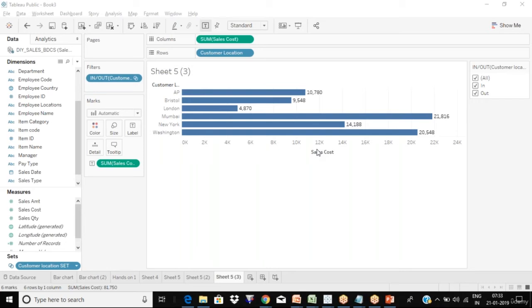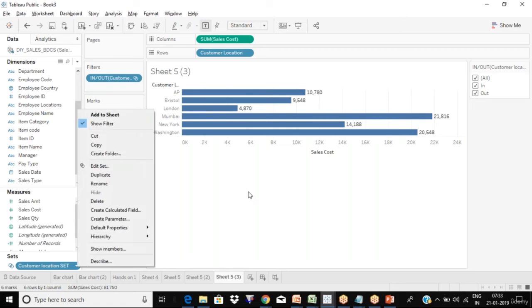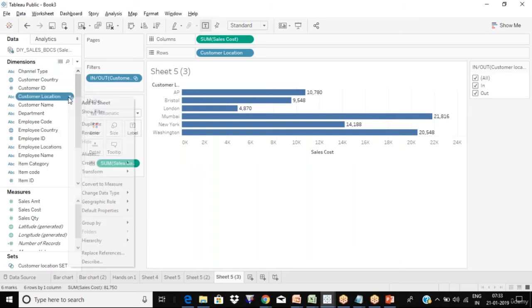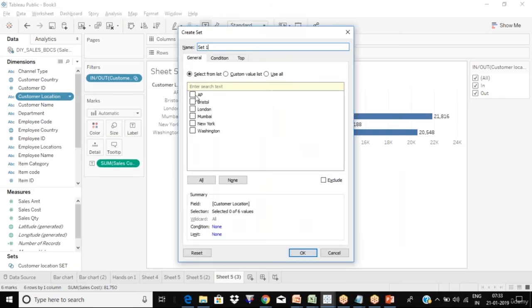Where are we defining that this should be filtered for in? So you are defining that when you are creating a set, right? When you went to this customer location, and when you went to this set, why did we select certain values? Because we want to include them. Those you select will come under in.